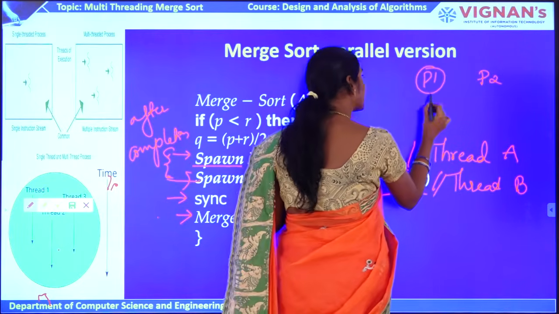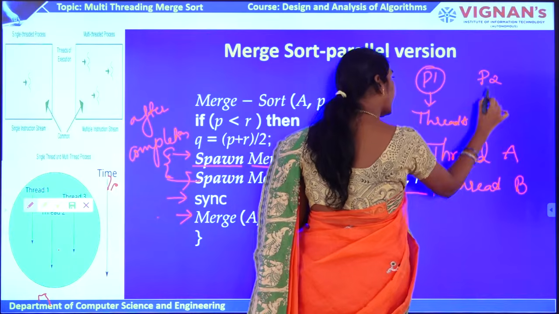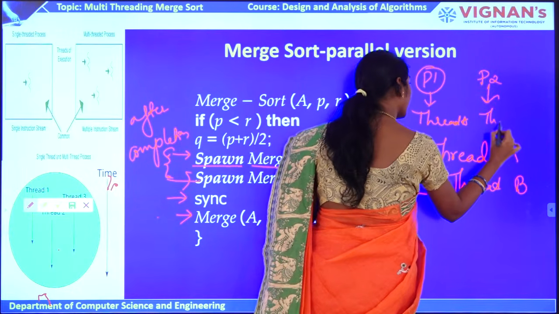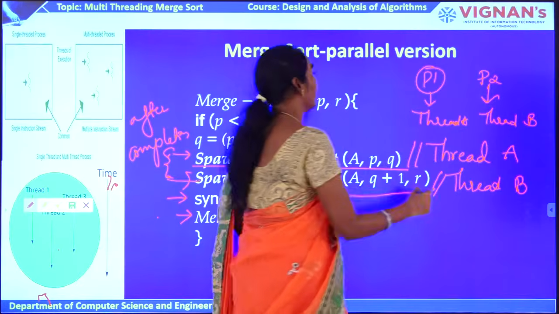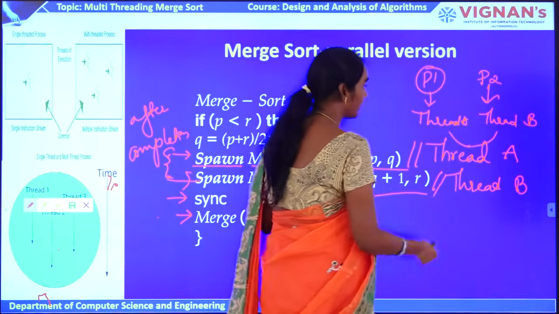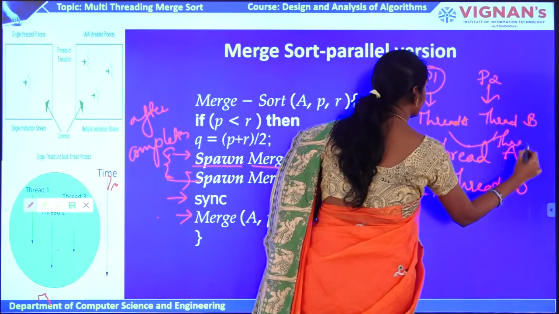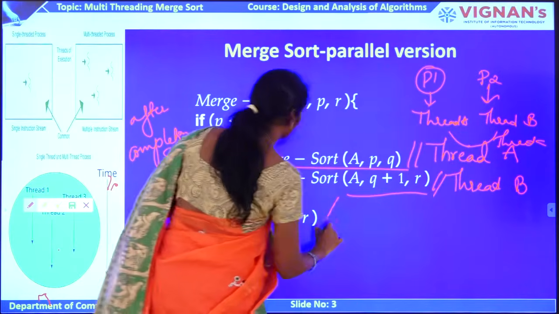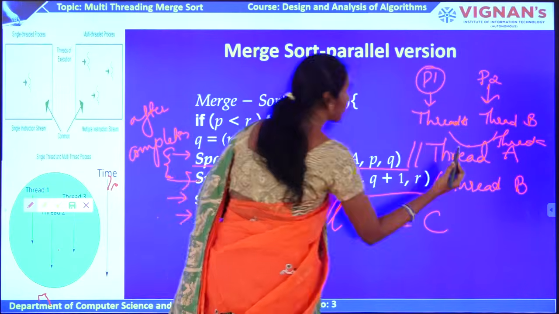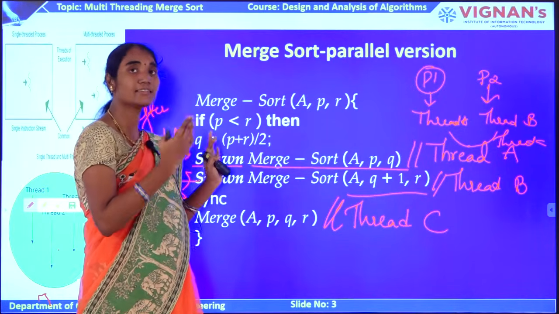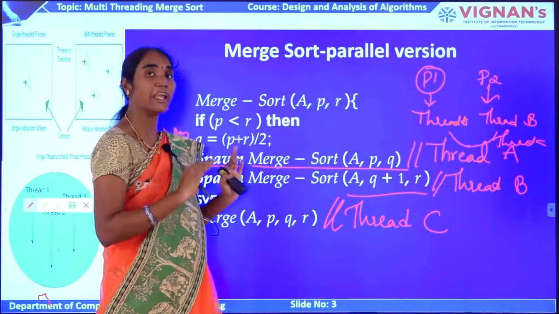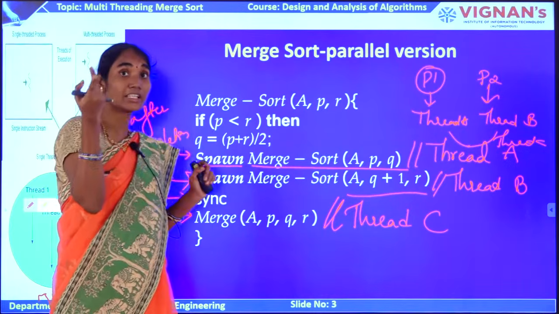So P1 will start thread A and P2 will start thread B, and after that I am going to combine these two by using thread C. Understood? So this is your thread C. So here on two processors, parallelly, this thread A as well as thread B will be executed, whereas previously on